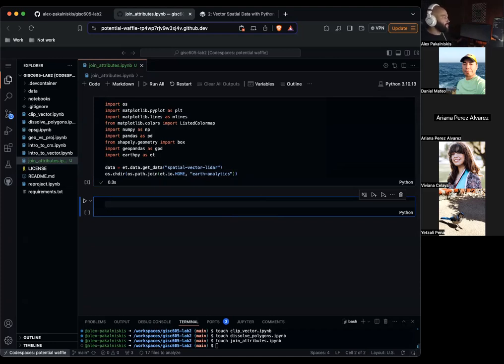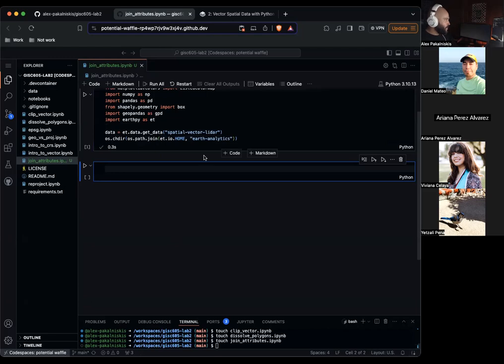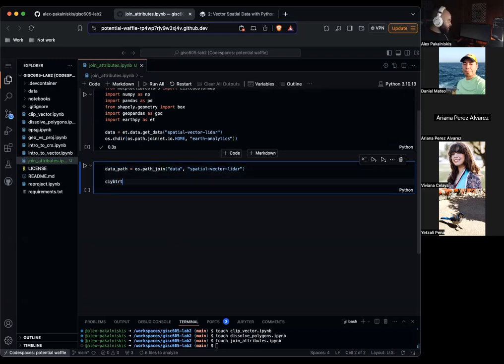Okay. Let's import our data. data_path equals os.path.join data slash spatial-vector-lidar. Now let's do country_bound_us equals gpd.read_file, os.path.